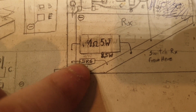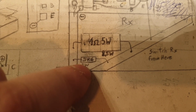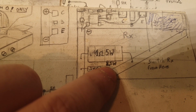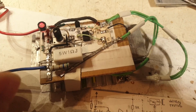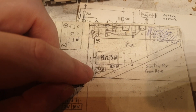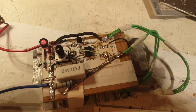Actually, I will have to write them down here. So I write it here. Although this resistor might actually be at 2 watts, at the same time it is the maximum that this circuit is running with this resistor connected here. And this one will give me 8.5 watts when it's connected there. So I'm having these two values, and it's also resolving the traveling issue for this potentiometer